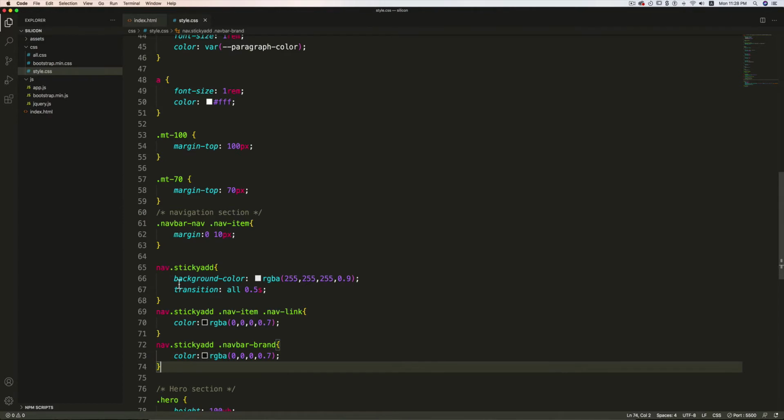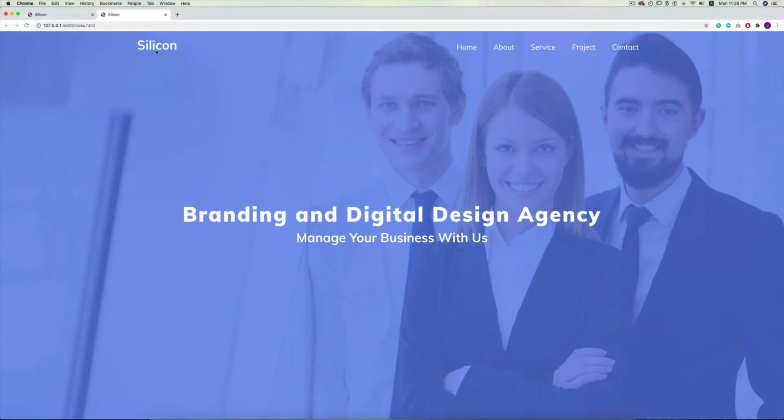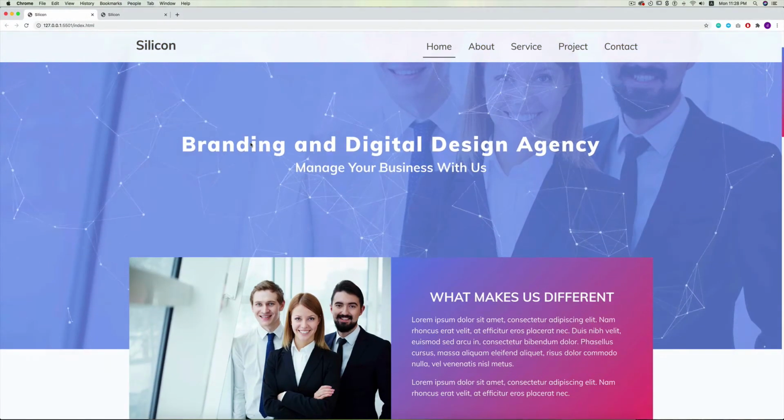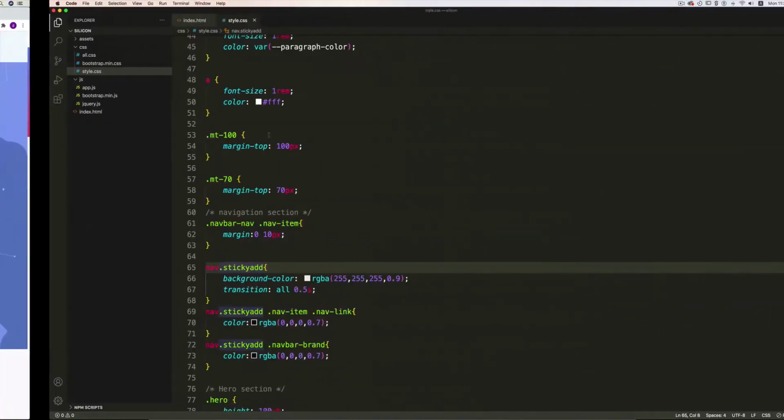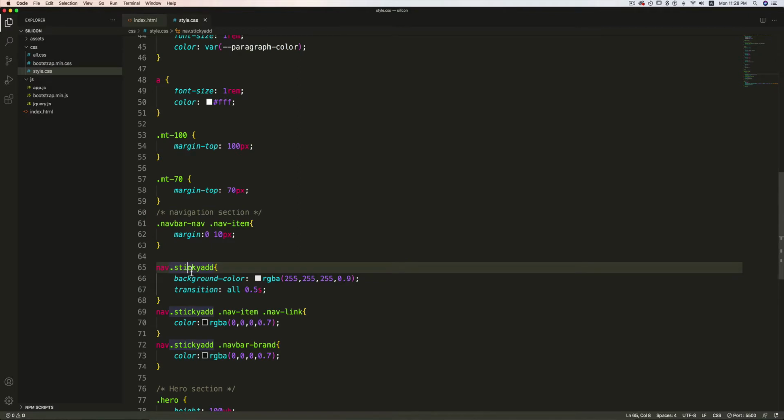So now let me explain this to you. I'm going to add a class sticky-add using jQuery when the user scrolls down. When this class gets added to this nav element, these styles will get applied to it. I want, when I scroll down 50 pixel, these styles to be applied to the nav element. That's why I've written it like this, nav.sticky-add. There is a difference. If I write it like this, it means the sticky-add class is going to apply to the nav element.